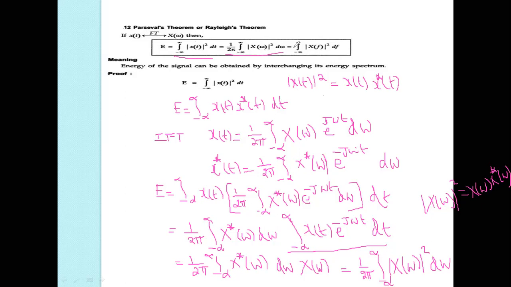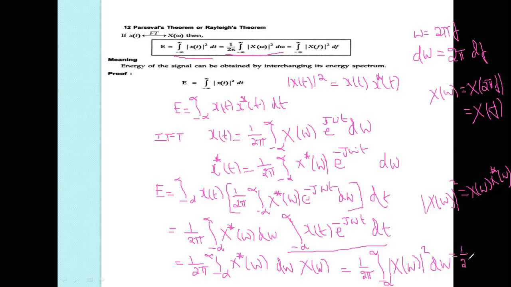Okay, and what is the last one? See, we know omega is equal to 2 pi f. What is the d omega? Apply the derivative on both sides: 2 pi into df. So replace here omega is equal to 2 pi f, and the shortcut notation x of omega is equal to x of 2 pi f, the shortcut notation x of f only. Okay, this becomes